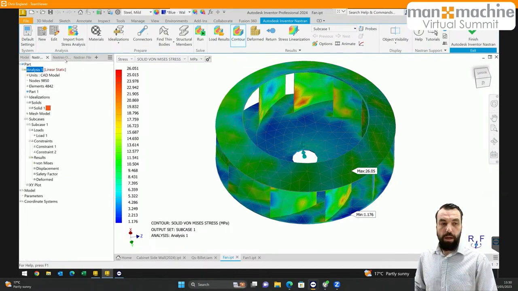I wanted to look at my Nastran output file, or log rather, to see the number of warnings that we get. Any user of Nastran would be quite used to the warnings that we get. Of course, warnings aren't too bad as long as we know what they are. Errors are the problem at the end of the day. But with the warnings, I'm going from memory here, I think I had about 1,000 warnings on this particular model. Most of them, or in fact all of them, were just to do with the minimum and maximum angle settings within our mesh. So to explain where that comes from quickly,